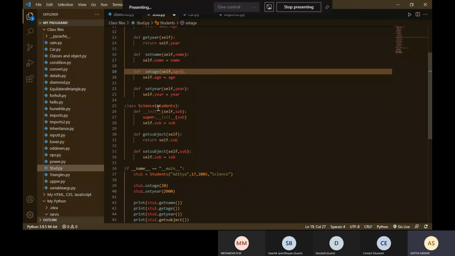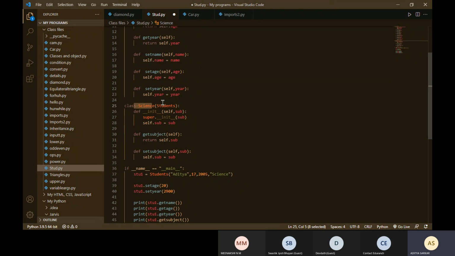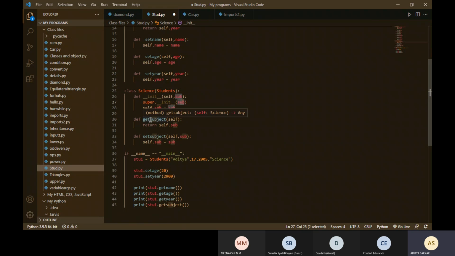So here I've created the science class and I've inherited all the properties of the superclass. The extra parameter given is subject. But when I create a function here, I'm getting a syntax error.